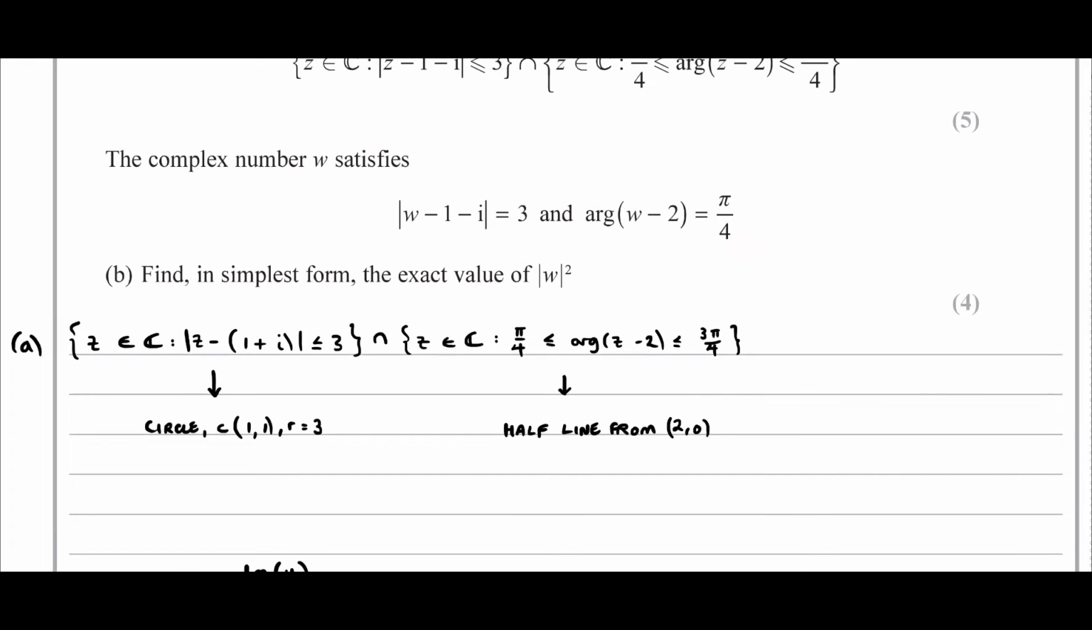And now for part B, the complex number w satisfies mod of w minus 1 minus i equals 3, and the argument of w minus 2 equals pi over 4. We have to find, in simplest form, the exact value of the norm of w squared. We can do that by Pythagoras. Essentially,